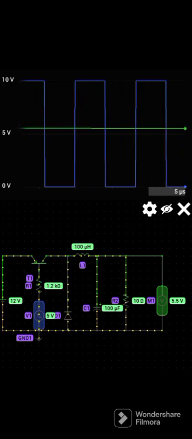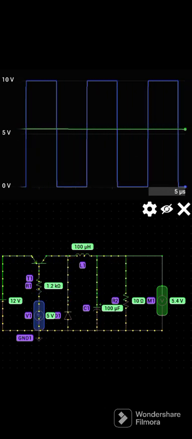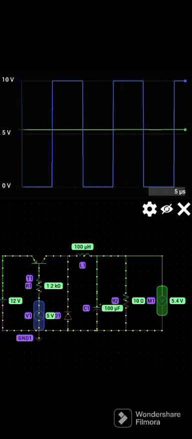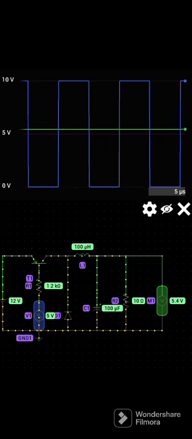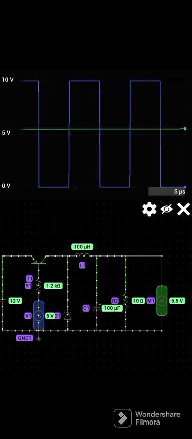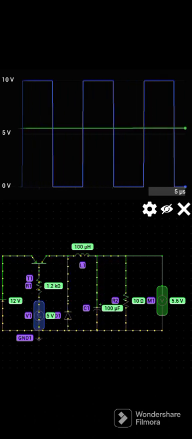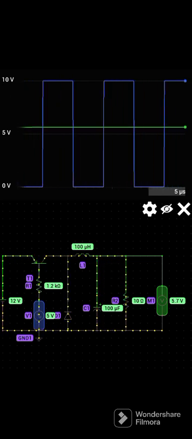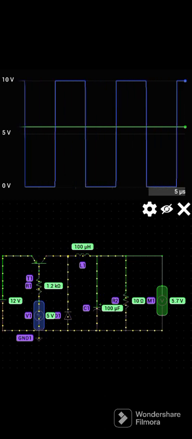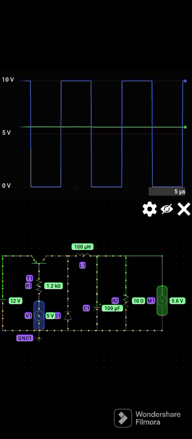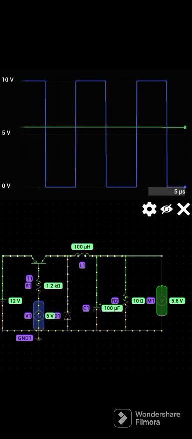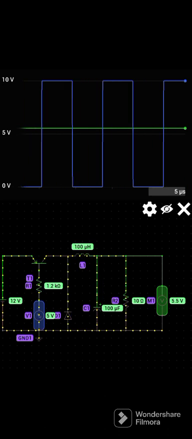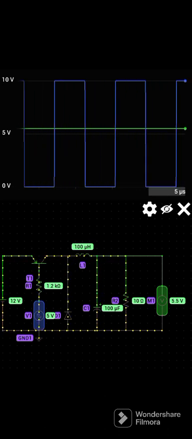A buck converter is a type of DC to DC converter that can be used to step down the voltage of a power supply. It is a type of switch mode power supply that uses a switching element, such as a transistor, the MOSFET or the IGBT. This is to rapidly switch the input voltage on and off. This creates a pulsating voltage that is then filtered and smoothed by an output capacitor. An inductor is there to create a steady output voltage